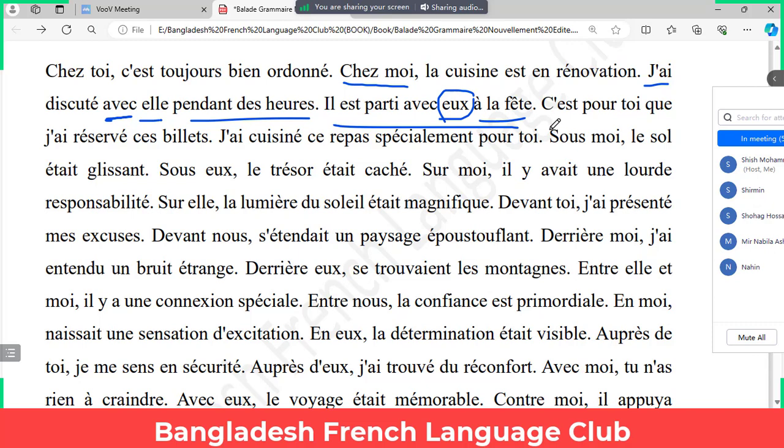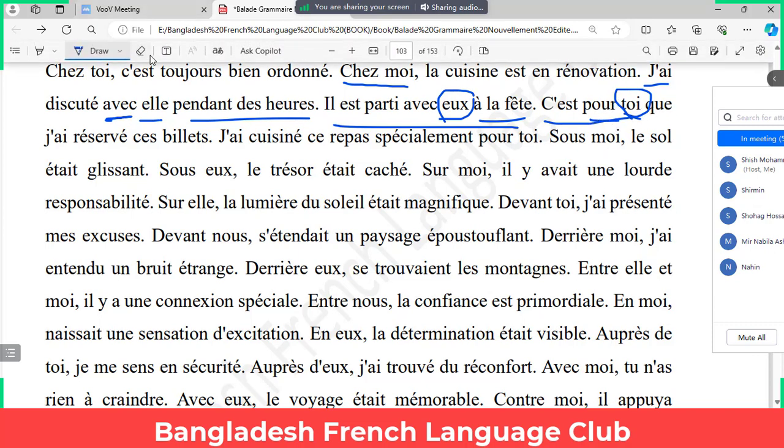C'est pour toi que j'ai réservé ces billets. Billets, the double l is silent. So c'est pour toi. After pour, you see the tonic form, right? Pour toi, not pour tu or pour te or any other thing, right? Pour toi. Okay, c'est pour toi que j'ai réservé ces billets. Then